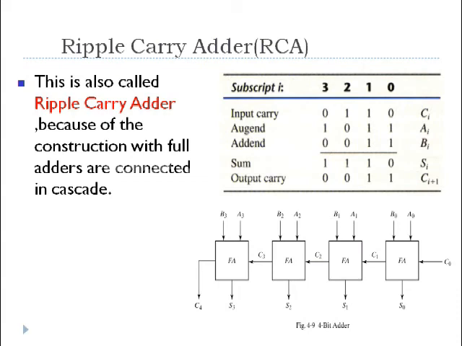But the drawback associated with this ripple carry adder is propagation delay. Let us see what that is. Here I have applied all the inputs at the same time. For the first time, only this full adder would be performing the addition operation, and the remaining full adders would be in an idle state. Why? Because they did not receive any carry from the previous stage. Until they receive a carry they will not perform any operation.